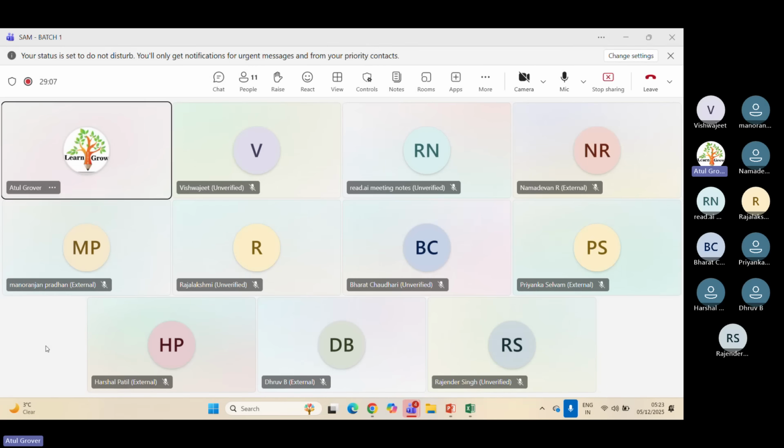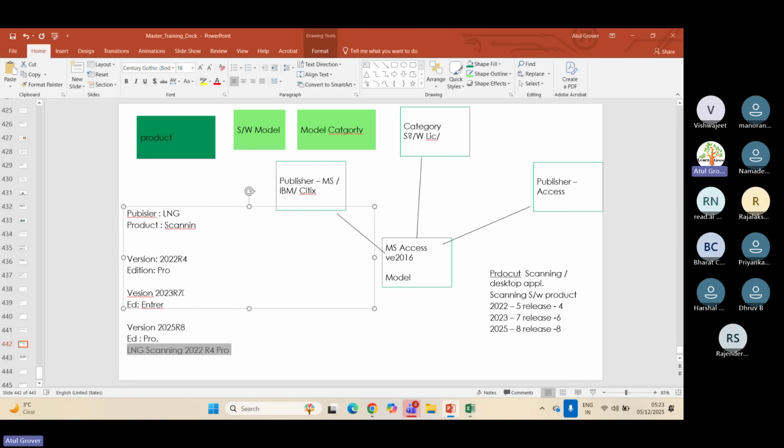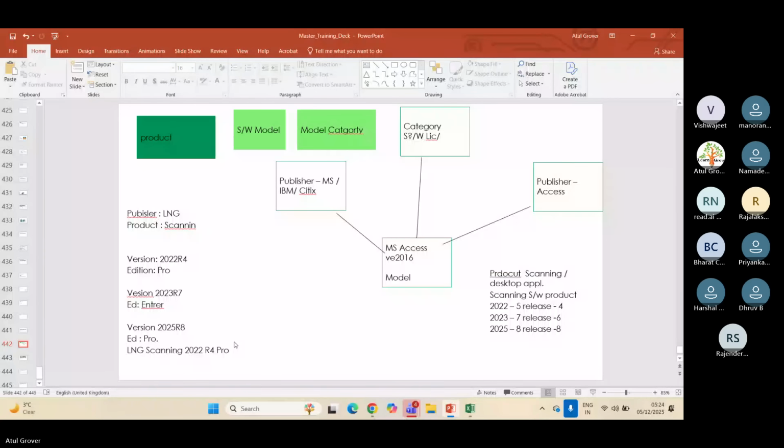Also, this model name gets generated automatically. So if you are saying this version is now applicable for Pro and Standard both, then there will be two different software models. One is for Pro and one is for Standard. So if I say like this,